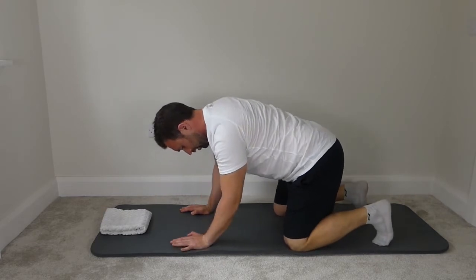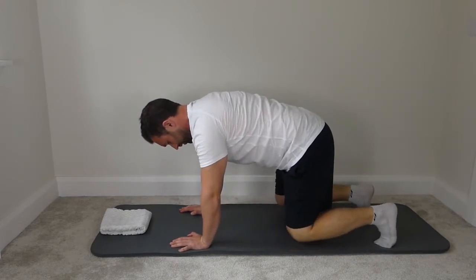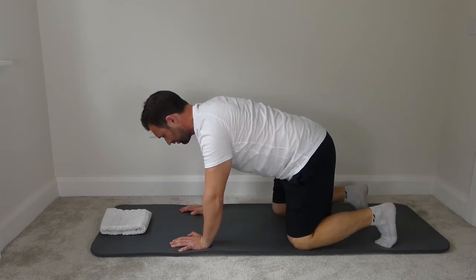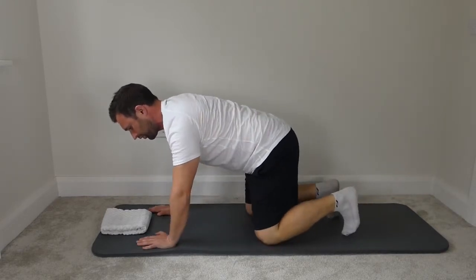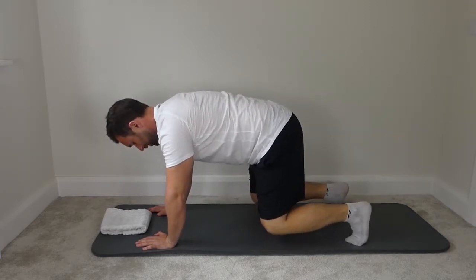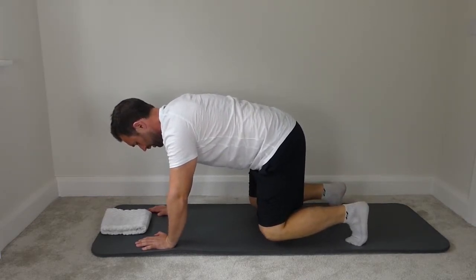Back into the middle. Tuck the toes underneath the feet and lift the knees up, hovering the knees, and then rest them back down. I'm going to come forward a little bit, so we're going to start to walk the toes back. Point the elbows back, lift the knees up, holding the knees there,